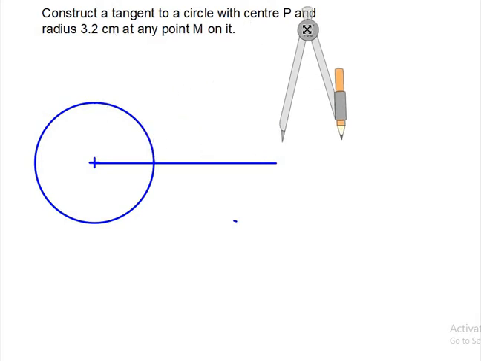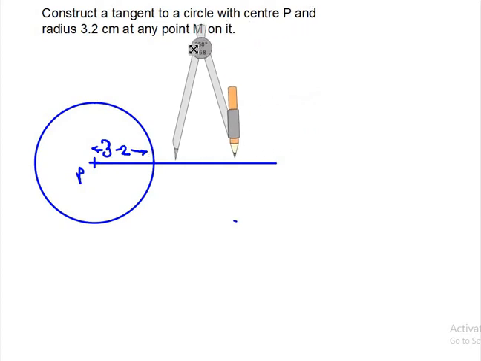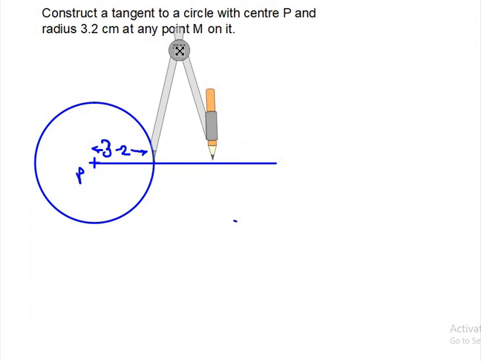See, this is the first method I will show you. I assume that this is center P here, radius 3.2, from here to here. Next, keep the compass on the point of intersection of the circle and the line here.